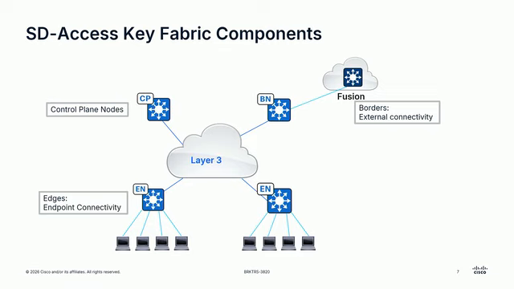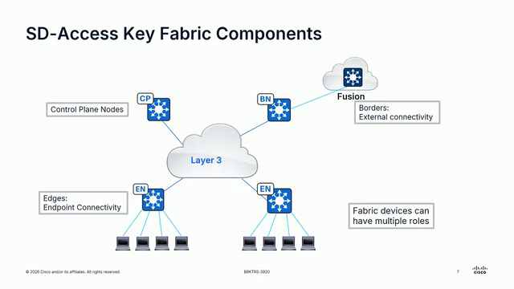The fabric devices can have multiple roles. Here I'm drawing them all separately, but in a lot of cases, the border node and the control plane node are being co-located. So you have one device both being a border node and being a control plane node. But you can also have the occurrences if you have a small site that you only want to put 1 stack or 2 stacks. Then you have a FIAB device, a fabric in a box, and that device can be